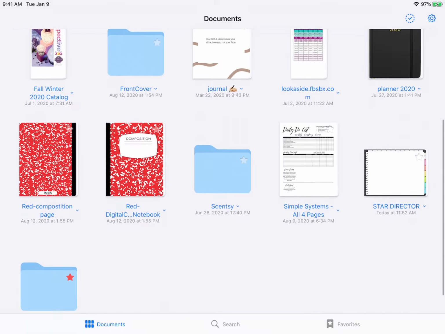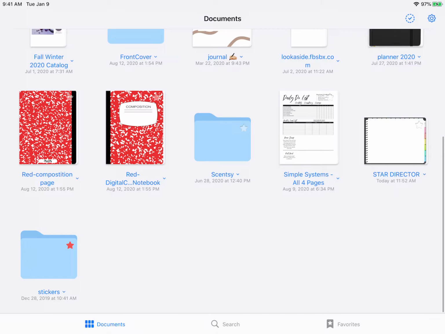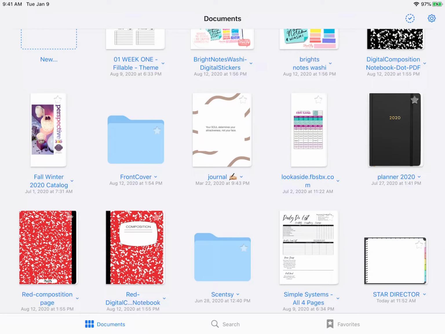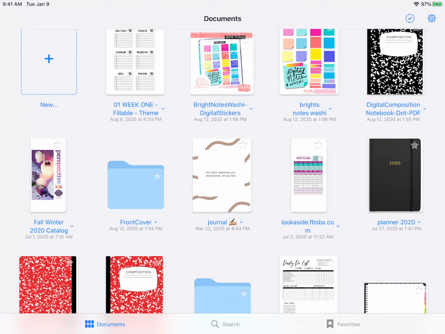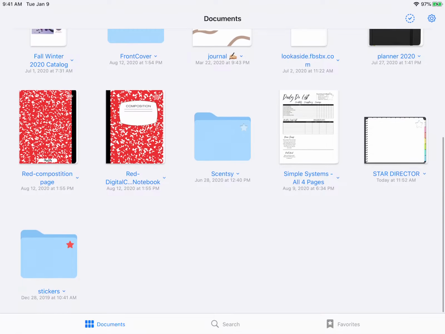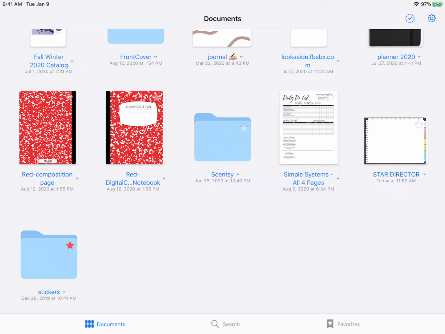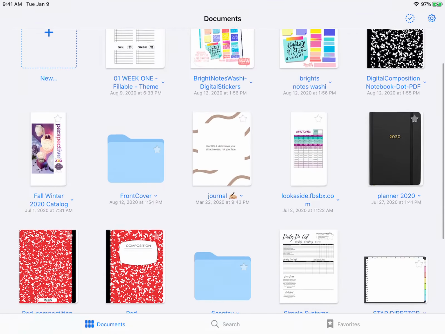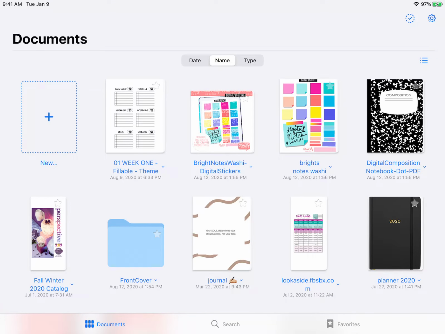That's one of the reasons that I love GoodNotes, like I said, you can import your PDF documents in there. And I have a couple planners that I started with. But I will say the one that I have truly been sticking with is one that I purchased just from an Etsy seller. And when you first download GoodNotes, obviously you'll see I've got files here